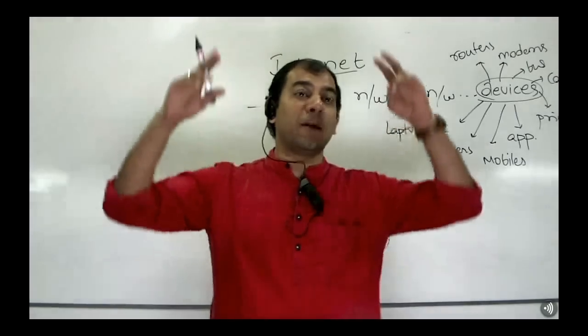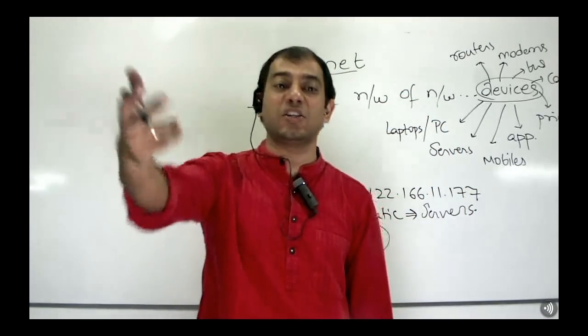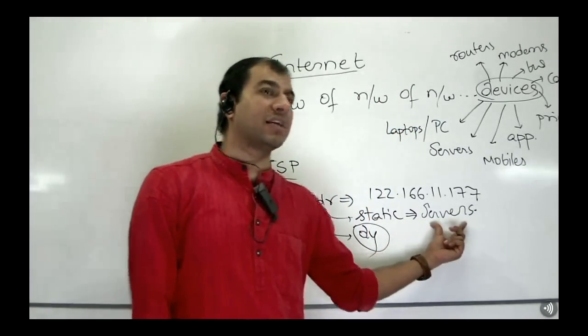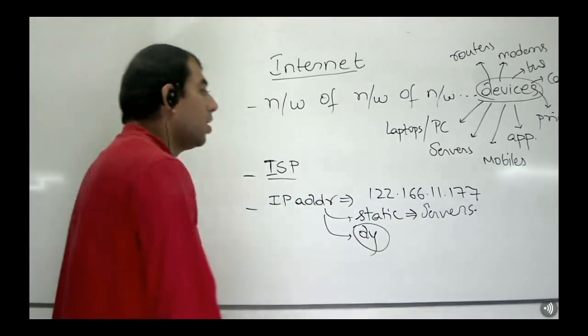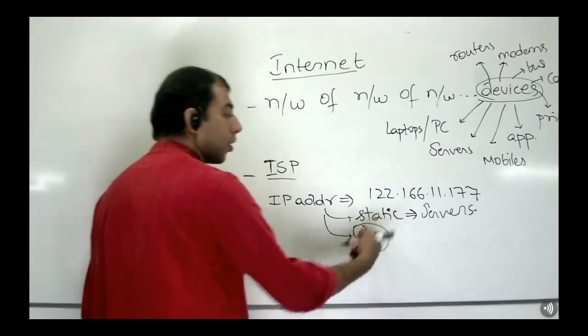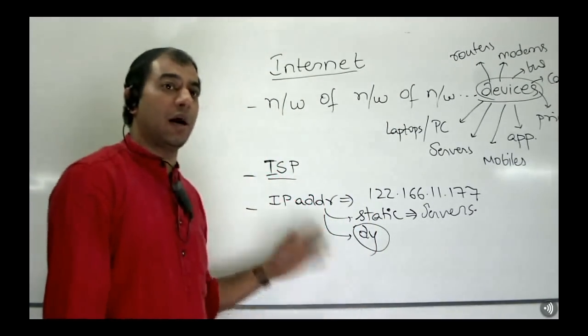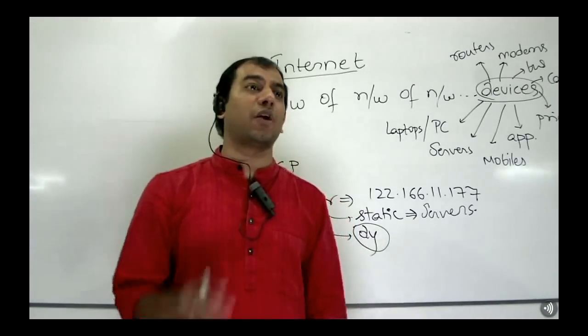Obviously, what should be discoverable without their address changing are the ones who serve some content, isn't it? Typically what we call our servers. We'll talk more about it. Typically only servers are going to be assigned static IPs. All our devices though are given IPs dynamically. There is an important reason for it, we'll talk about it in a minute.